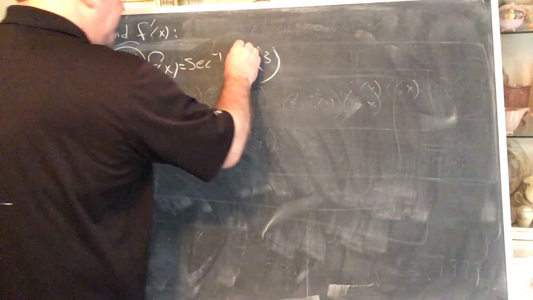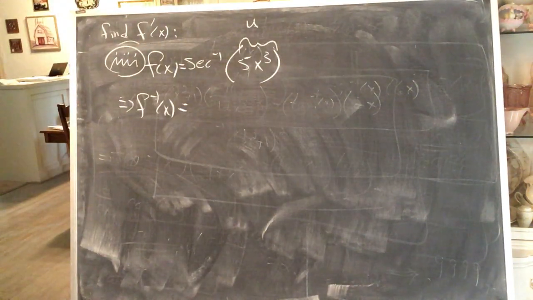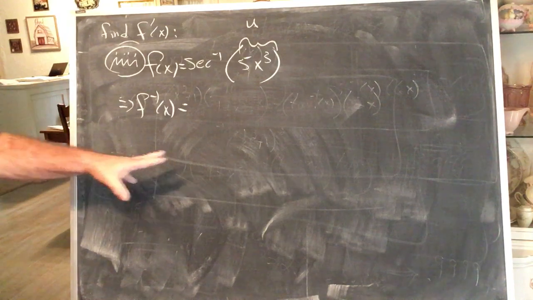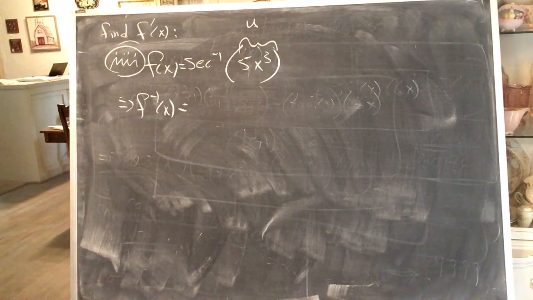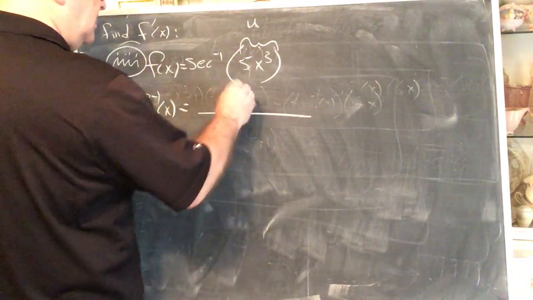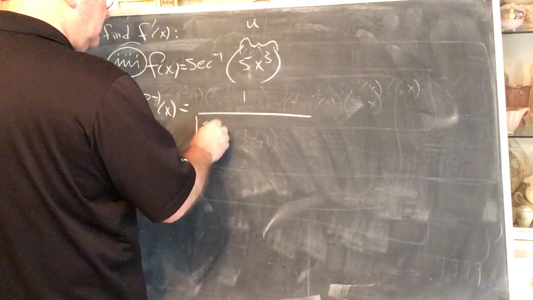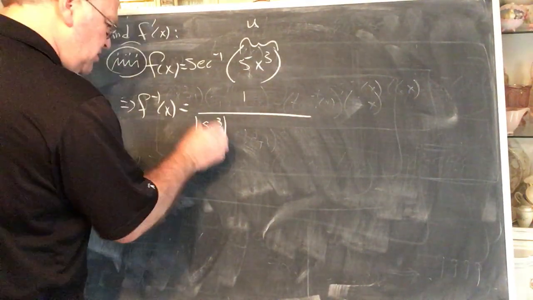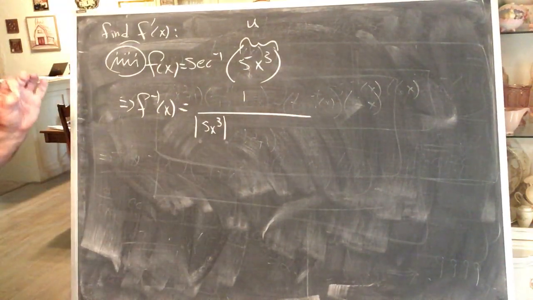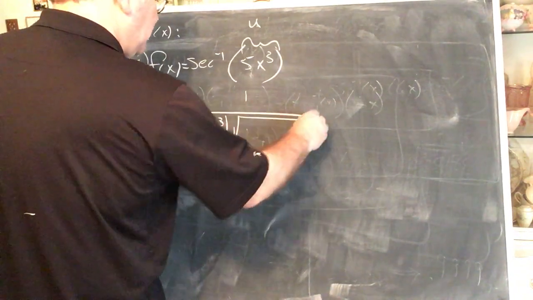Now, remember, in this scenario, the part of u is being played by 5x to the third. Everywhere we see a u in the basic form, that's where 5x to the third goes in. So, the derivative of secant inverse is 1 over, we need the absolute value of the expression. If you do not have the absolute value, then that result is not correct. Those must be present. Times the square root of